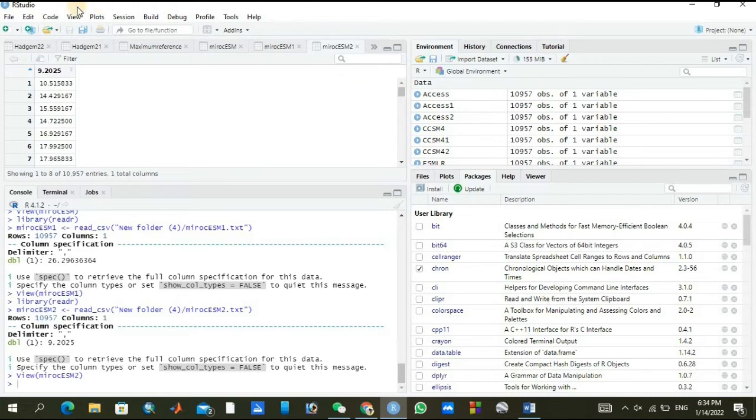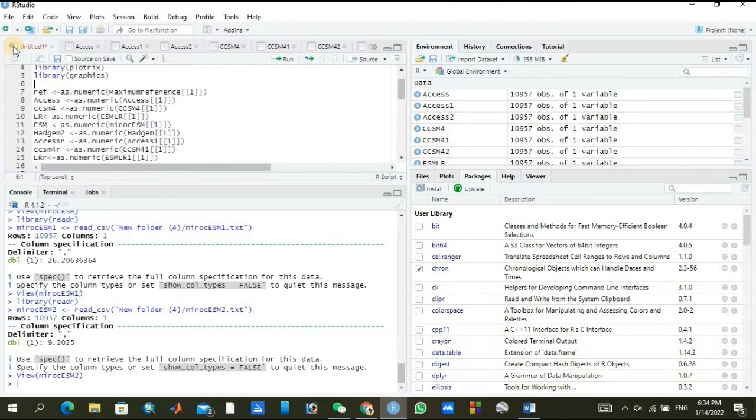After uploading all these data sets, I will go toward my codes. You can also see here the names of the different data points. I will click just left, and I will move toward my codes.